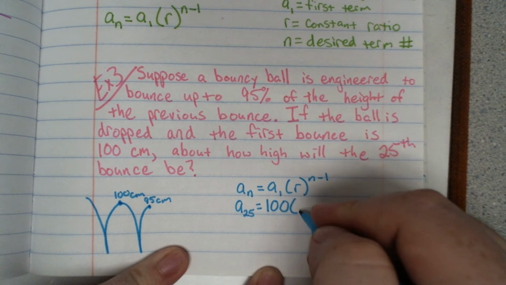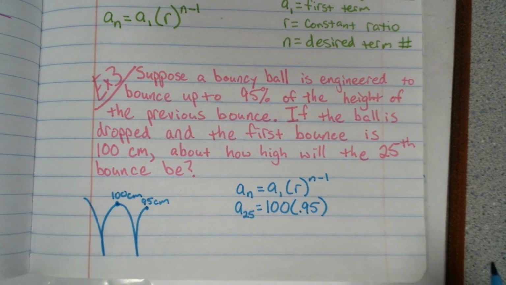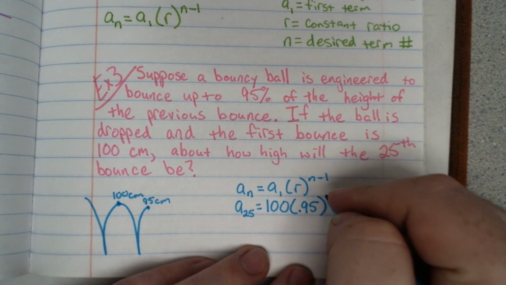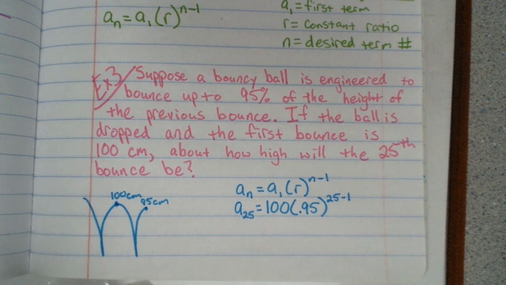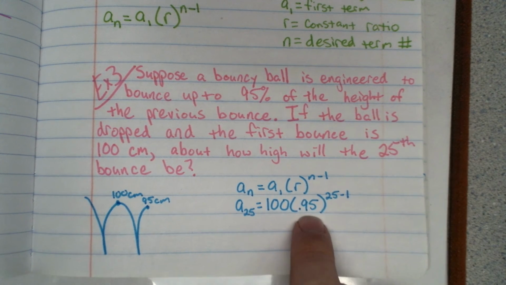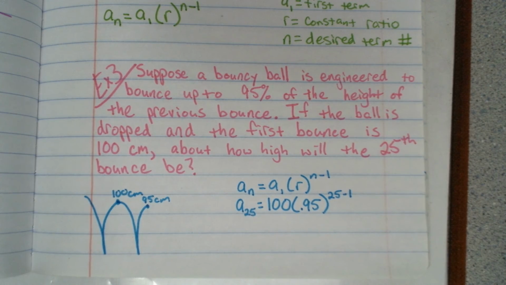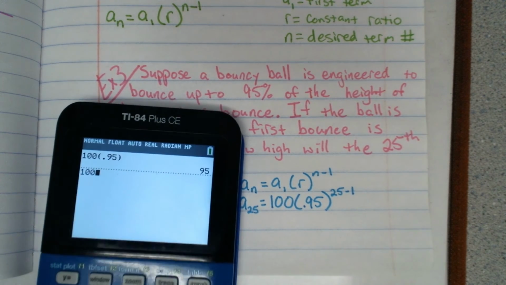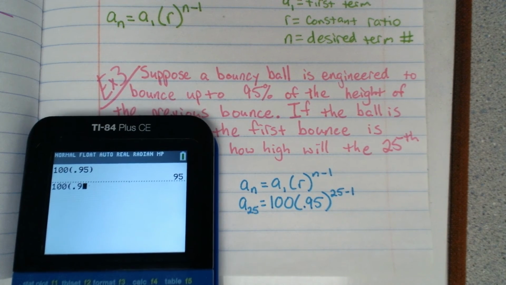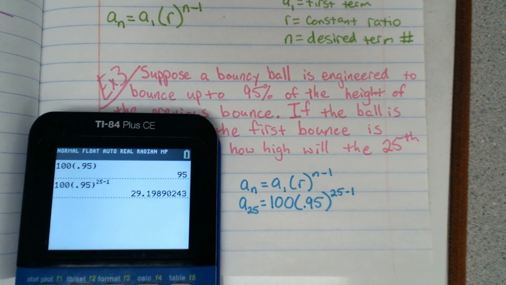The constant ratio is 95%, 0.95, and we need to raise that to the 25 minus 1 power. That's because if we need the 25th bounce, we would be multiplying by 95% 24 times. The same logic as we did with the earlier arithmetic sequences. So 100 times 0.95 to the 25 minus 1 power is